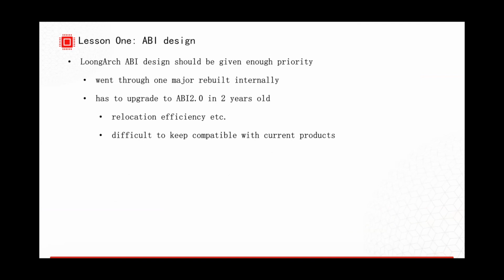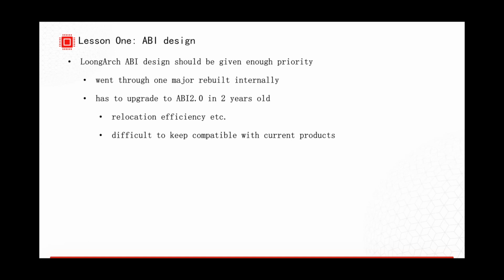Then after less than 2 years, we had to upgrade to a new version of the API because of some relocation efficiency problems and some file standard problems.